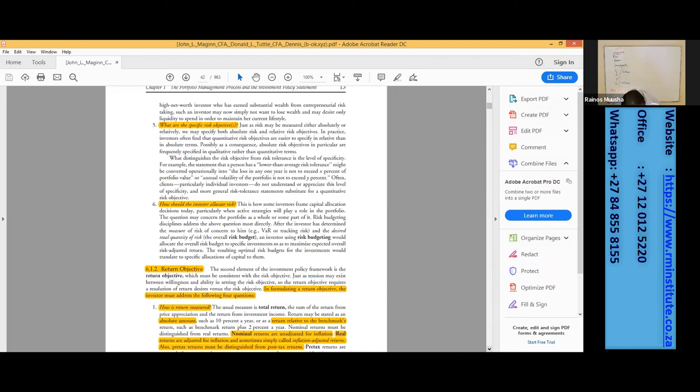So risk budgeting disciplines address the above question most directly. After the investor has determined the measure of risk concerned to him, and the desired total quantity of risk, an investor using risk budgeting would allocate the overall risk budget to specific investments so as to maximize expected overall risk-adjusted return. The resulting optimal risk budget for the investments would translate to specific allocations of capital to them as well,